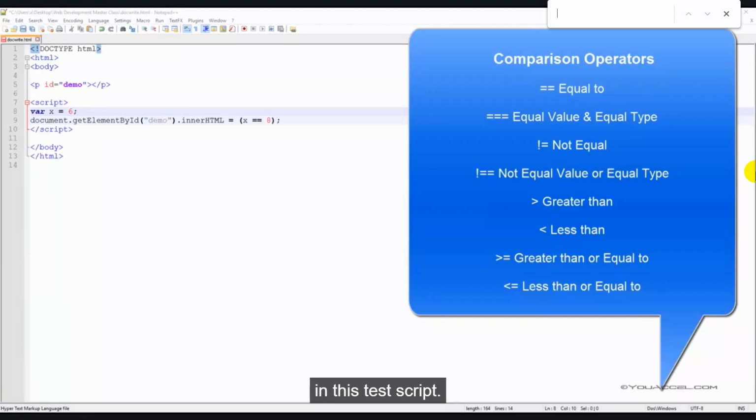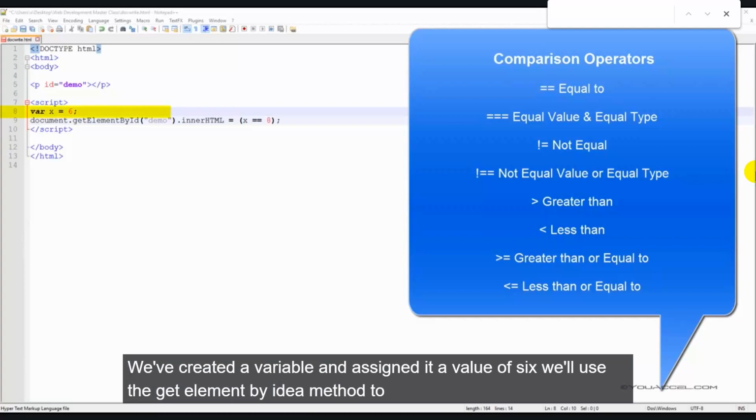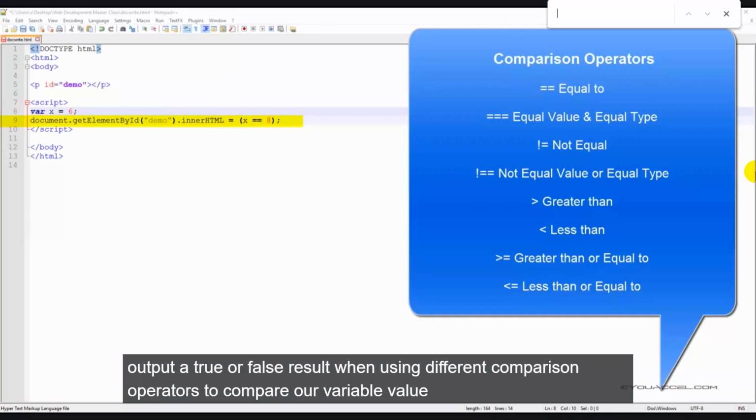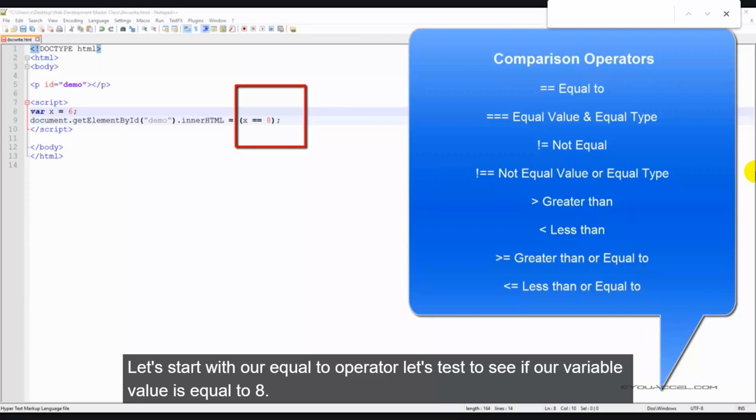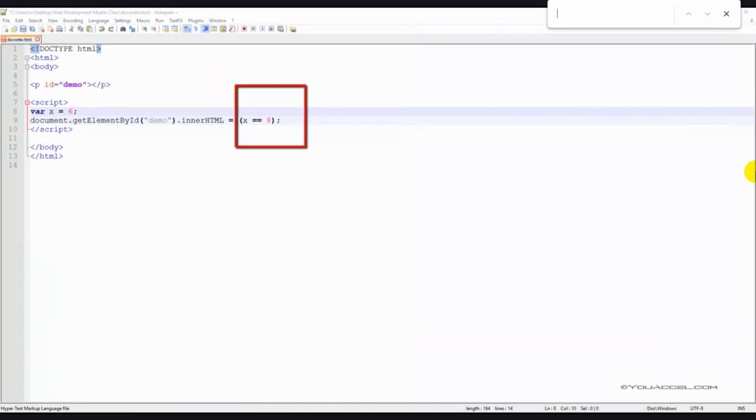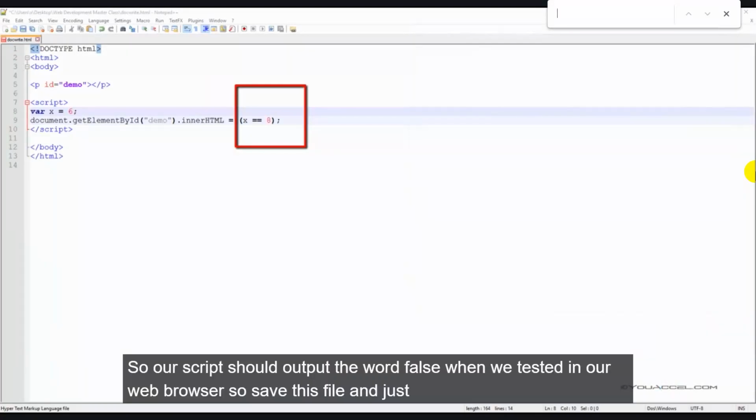In this test script, we've created a variable and assigned it a value of 6. We'll use the getElementById method to output a true or false result when using different comparison operators to compare our variable value with another value. Let's start with our equal to operator. Let's test to see if our variable value is equal to 8. We know that this is not the case, so our script should output the word false when we test it